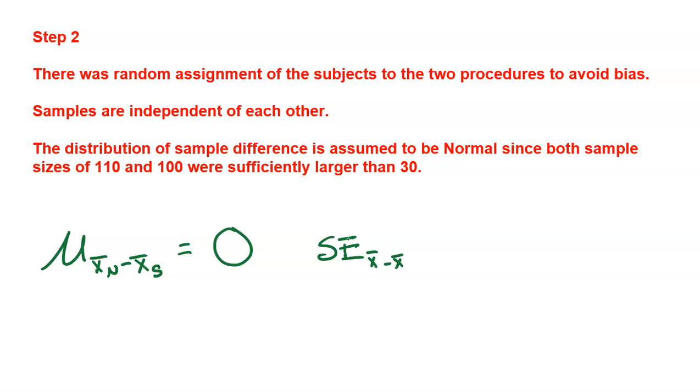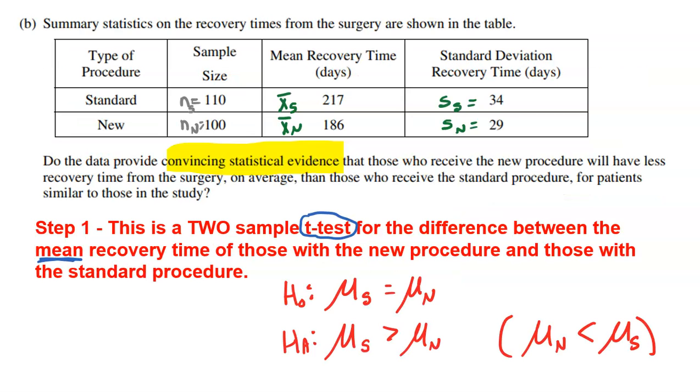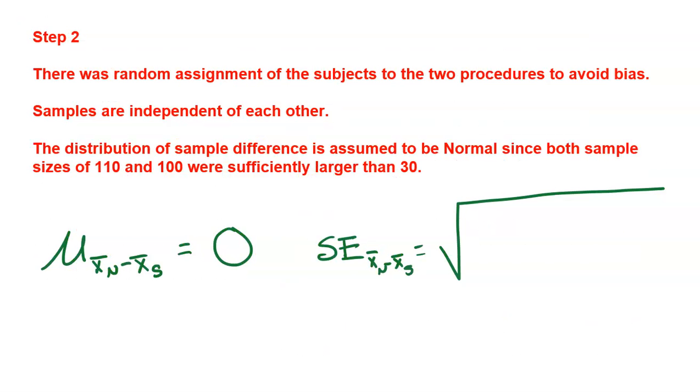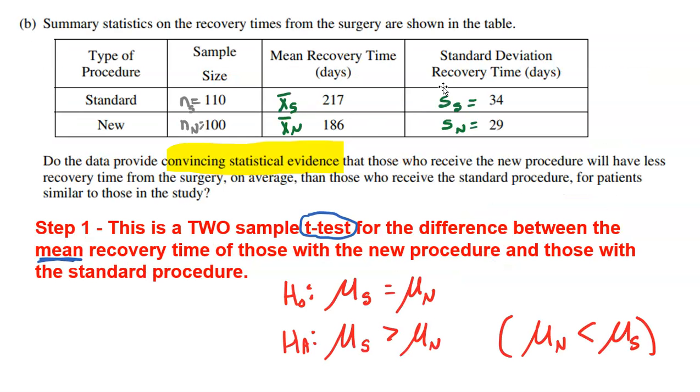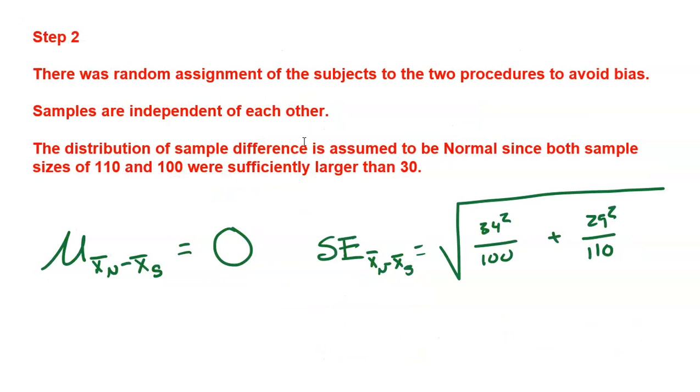I now need the standard error for the difference. Wish I could use standard deviation, but unfortunately all I know is the standard deviations of my sample, so I'm going to be using standard error here. And it's not too complicated of a formula. It is on your formula sheet, but we're going to need the standard deviations, so that's the 34 and 29. So here we have 34 squared divided by 100, and here we have 29 squared divided by 110. Just to make sure that you got those correct, the 34 is with the 110, the 29 is with the 100, which actually, I'm glad I checked because I think I had that wrong. The 34 is with the 110 sample.